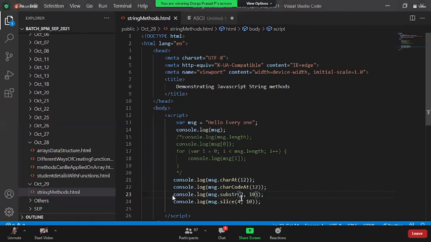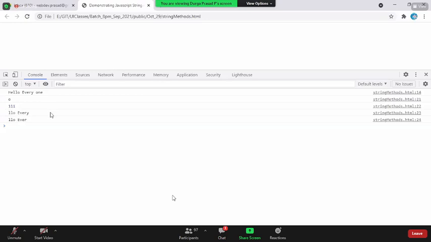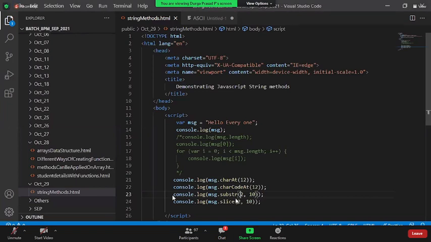Let me give you the same parameters here. For SUBSTR, starting at the second index, let us see what is the output here. So SUBSTR is taking two parameters, where 2 is the starting index. From 2, you need to return 10 characters.